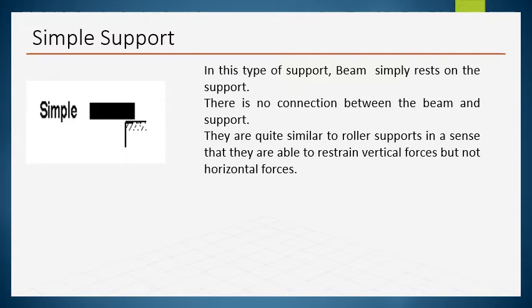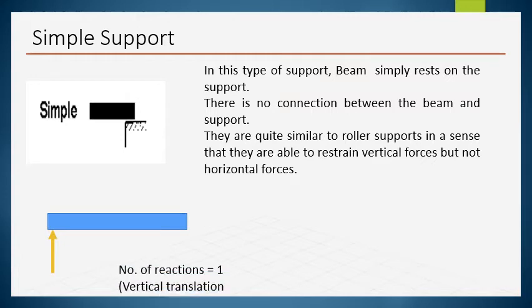That means it restricts only the vertical reaction, but the roller support, if the reaction is perpendicular to the line of contact, can offer resistance in the horizontal direction if it is provided horizontally. Okay. So here the simple support can offer only the resistance for the vertical motion. So only one reaction at the point of simple support, that is always the vertical reaction. Only one vertical translation.